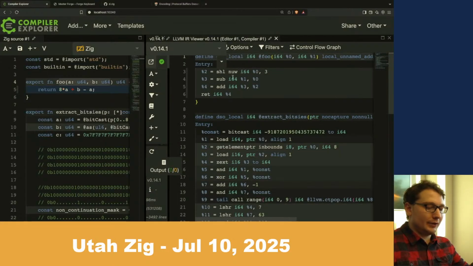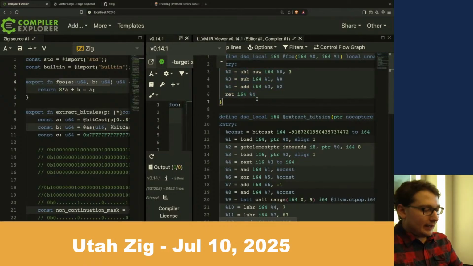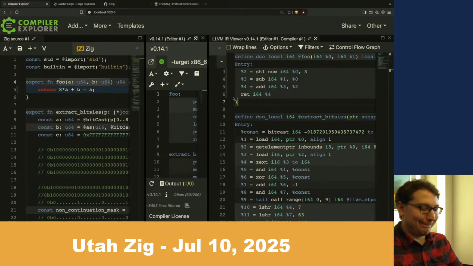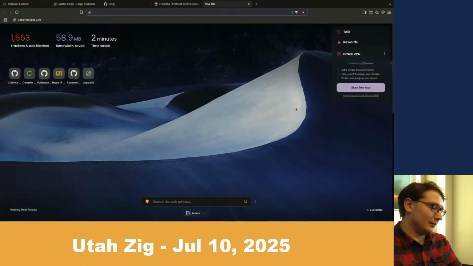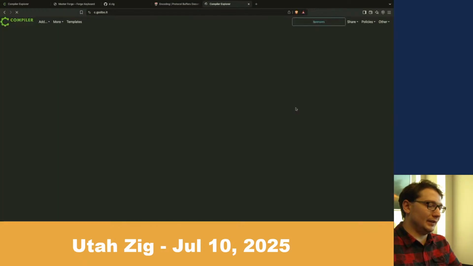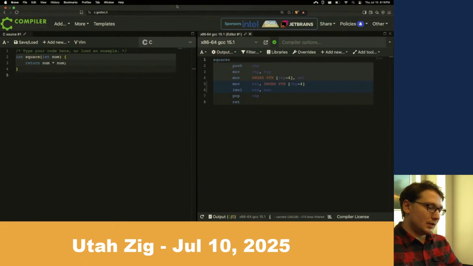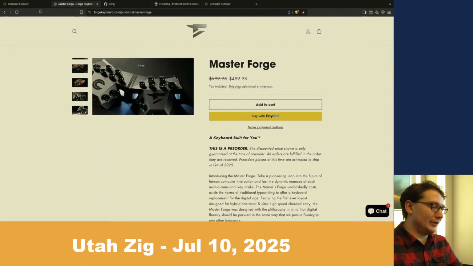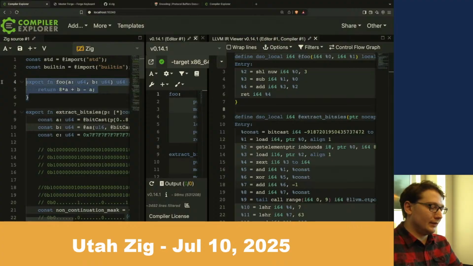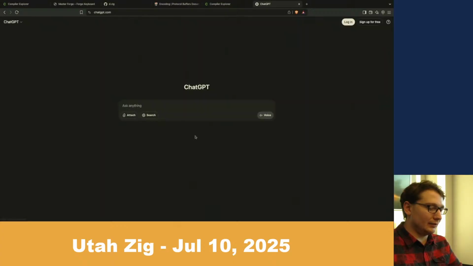So when you go in here, this is what the LLVM IR is. So this is what LLVM sees. Intermediate representation for those not in the know. And for C, I don't have a local instance of C, but we can use the internet. I didn't install it, or I just don't have it set up quickly. But if I convert this to C using ChatGPT,